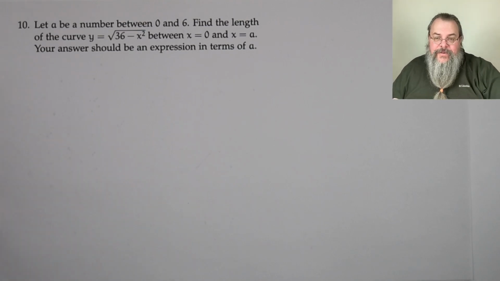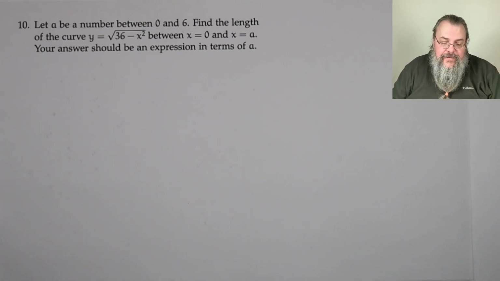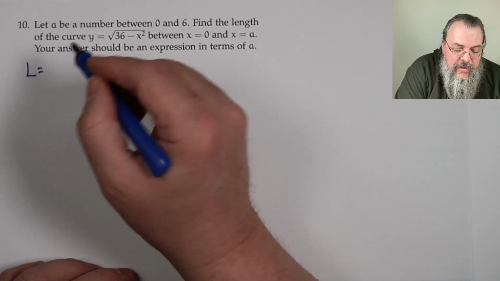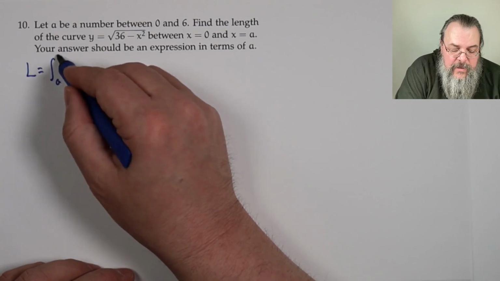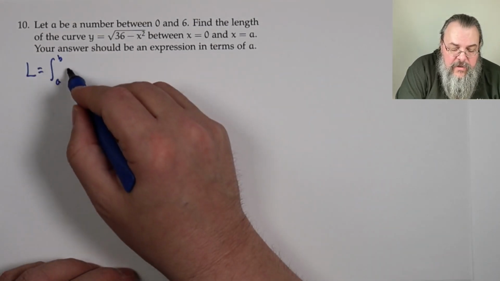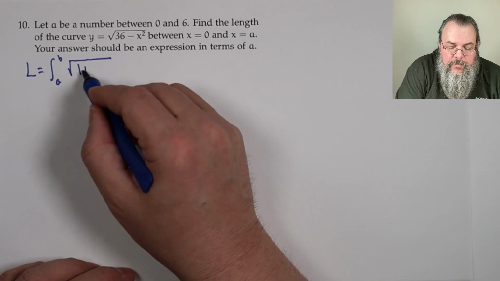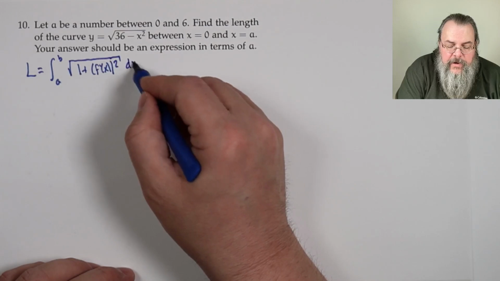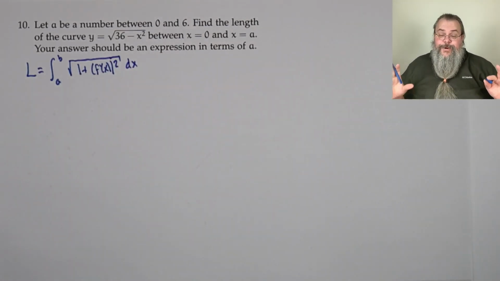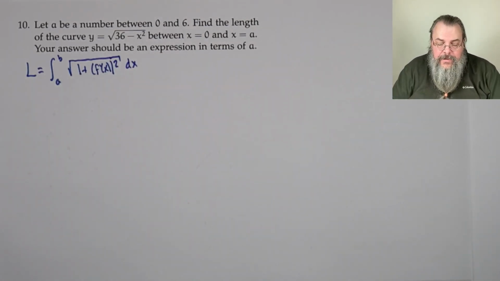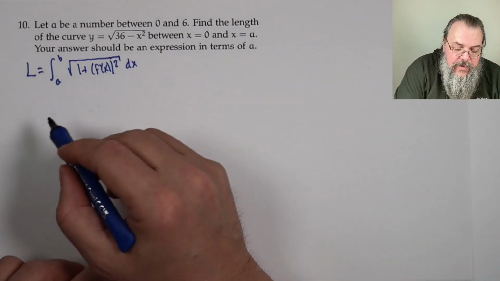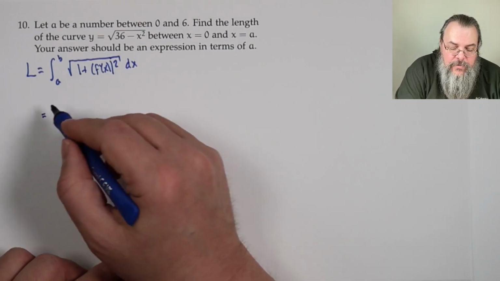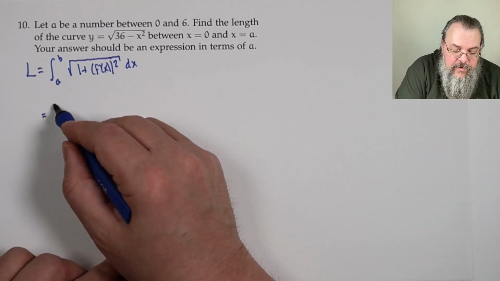Okay. Now we say, well, length. Now, there's lots of length, but this is y equals f of x. So our generic formula for length in this case is we're going to add up our little pieces of length, and our little pieces of the length look like the square root of 1 plus f prime of x squared. All right, so that's what we're going to have to compute. So, well, we just go for it. Now, in our case, unfortunately, a has a different meaning here. We're saying we're going between 0 and a. So we're integrating 0 to a,